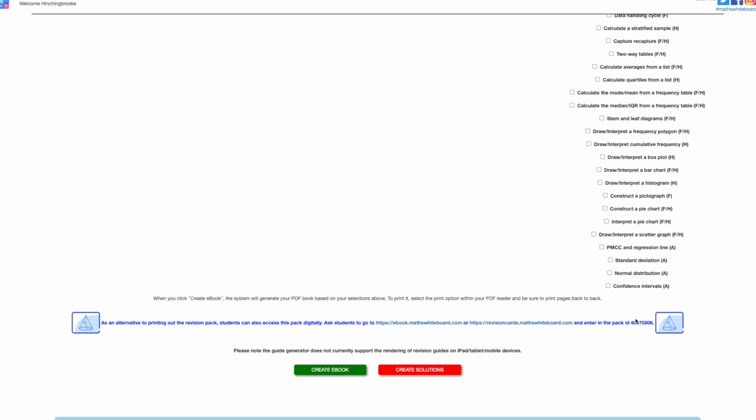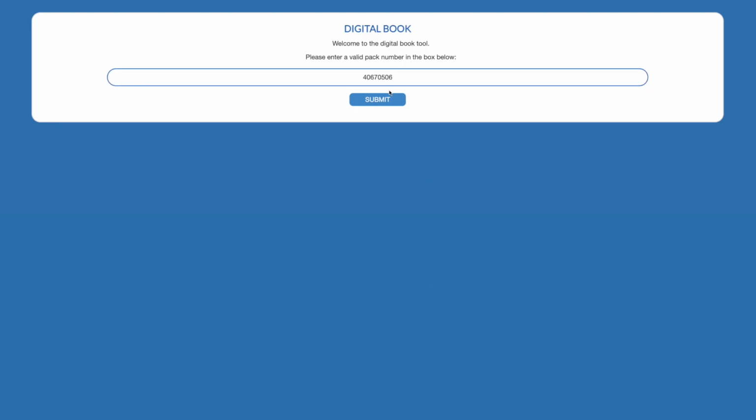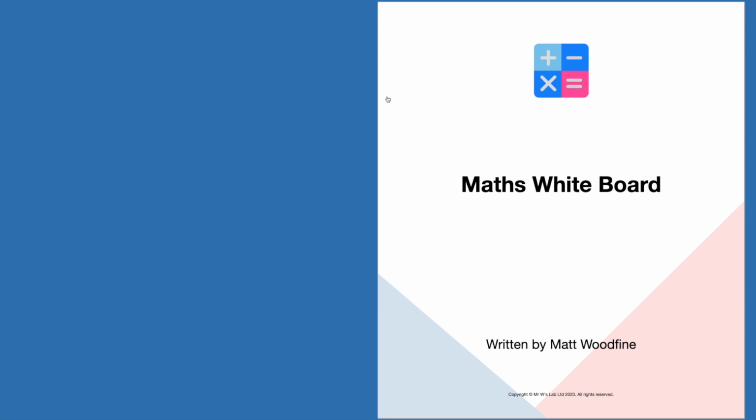Producing bespoke guides can generate a lot of paper wastage at the end, when the guides are no longer required. This is why you can also electronically access the guides online. Each pack that is generated through Maths Whiteboard will be associated with a unique pack ID. Entering the pack ID into